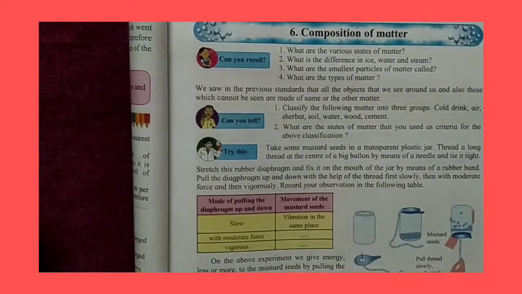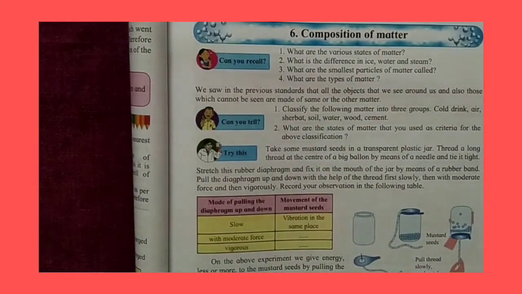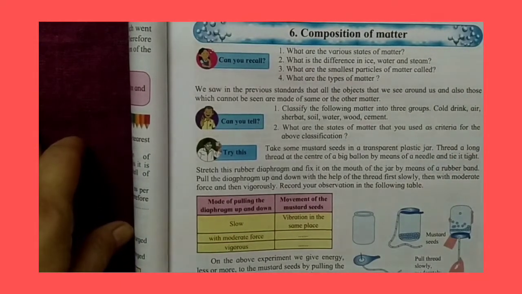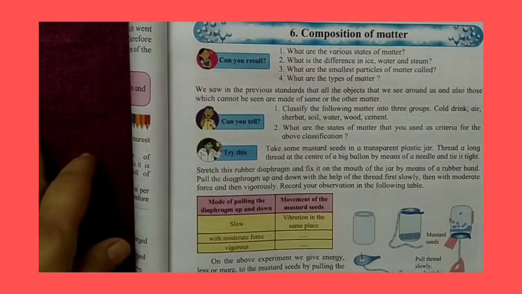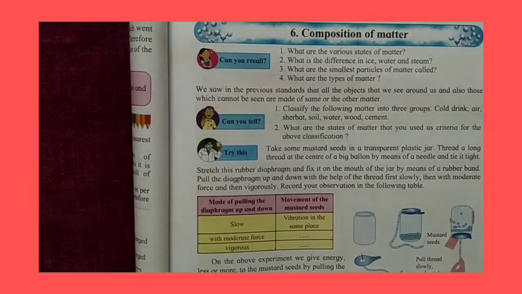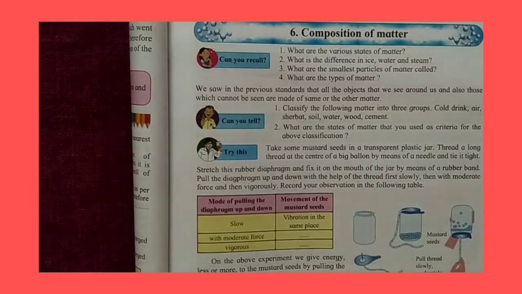Now the best example of one substance in all the three states of matter is water. So water is a liquid. The solid state of water is known as ice, and the gaseous state of water is known as the steam or the water vapor. So water exists in all the three states around us, and many substances exist in all the three states, but water is a very easy example because we use it in our daily life, and we